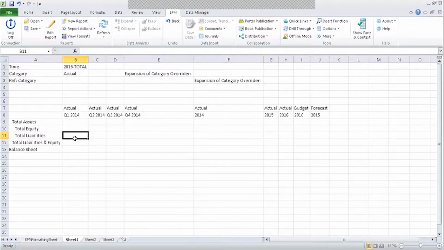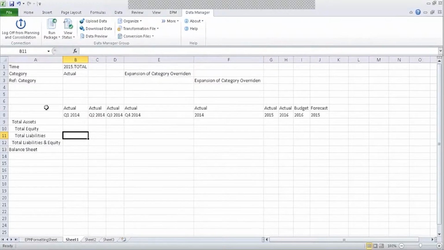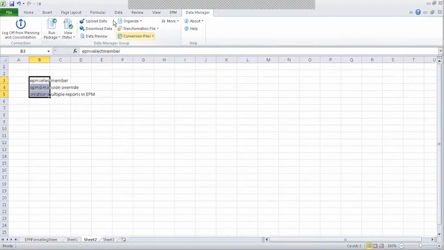Reporting is not even done yet, it will take another 2 or 3 sessions for me. Data Manager will take almost 4 to 5 sessions. But most of the time in real time, for data loading and for reporting, we generally go for the Excel side. But apart from the EPM functions and the Data Manager functions, we do have other